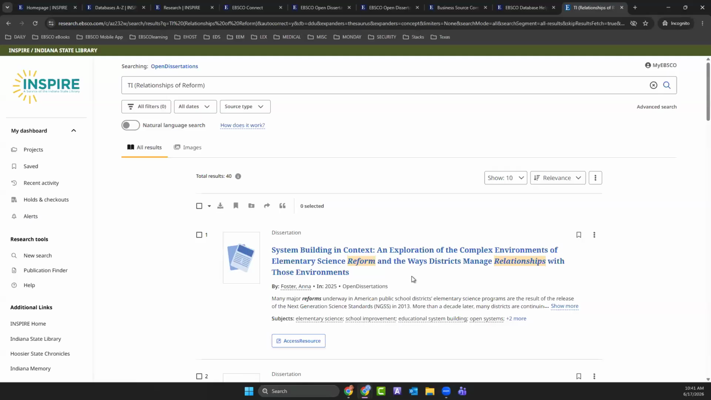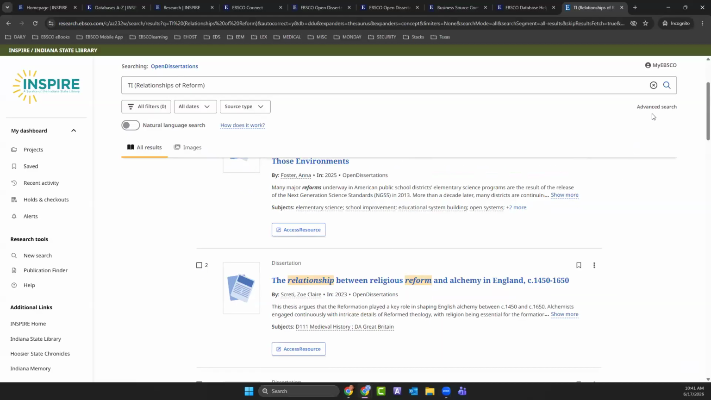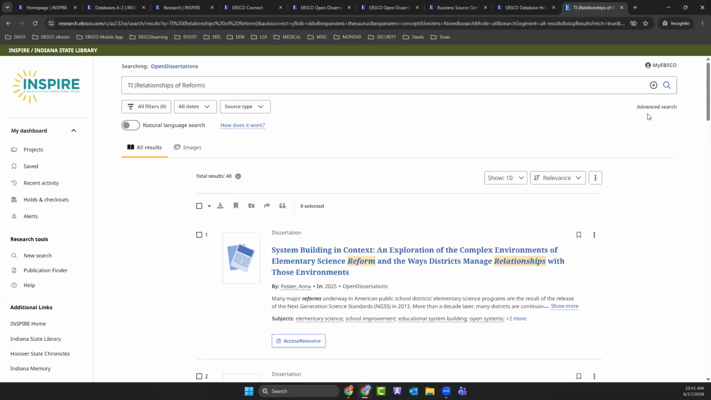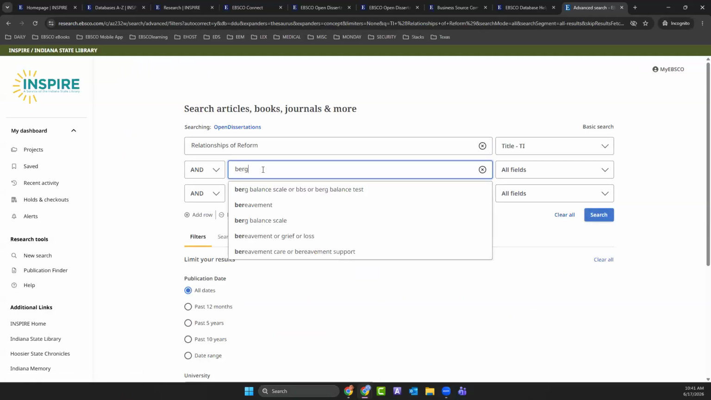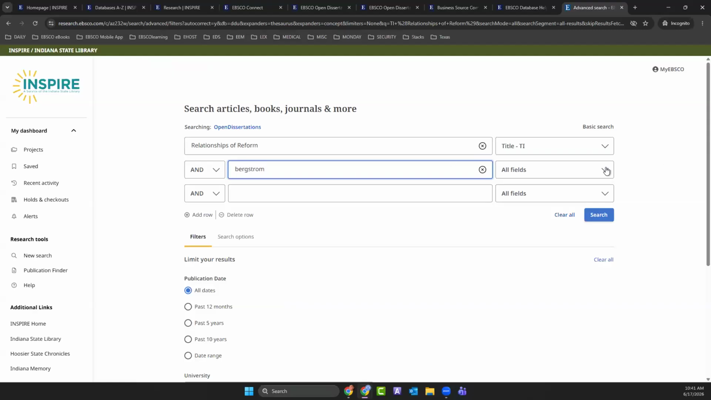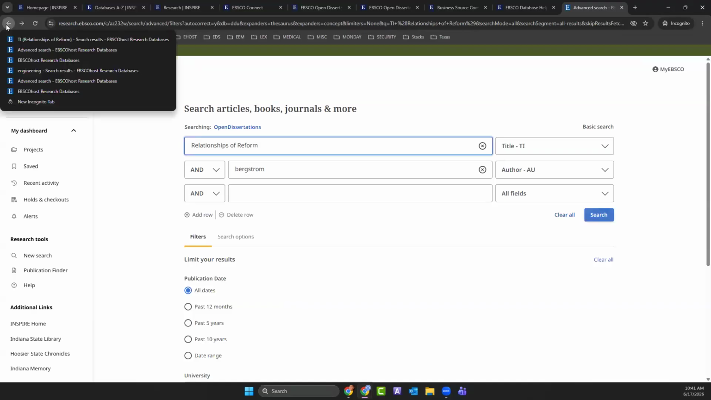All right. Let's see. Relationship of reform, relevance. Not pulling up. We've got some related results. Let's see. Bergstrom as the author. Yeah, so that particular title is not, but you can see going back to the previous search, we'll